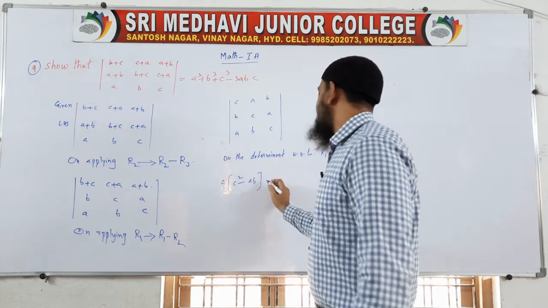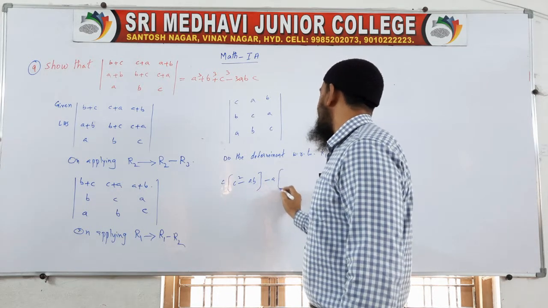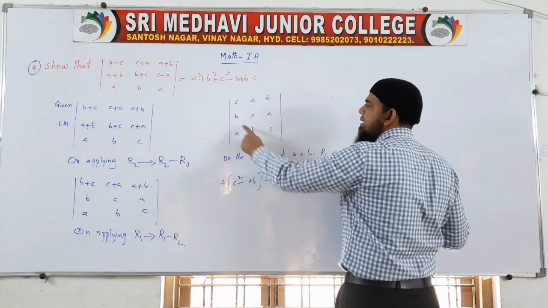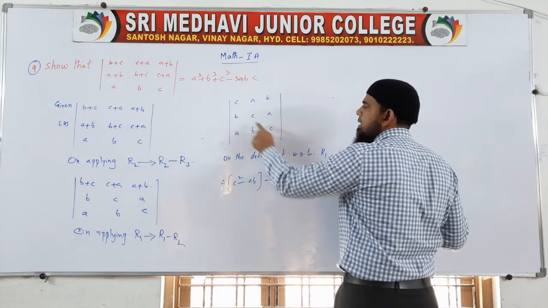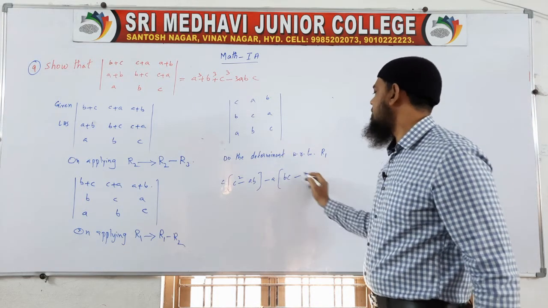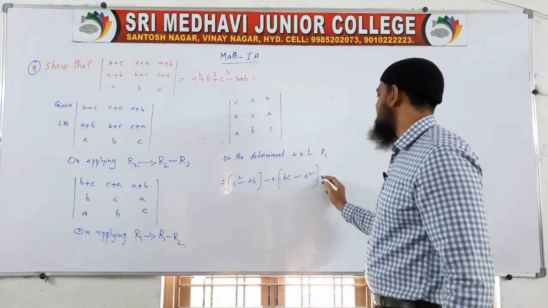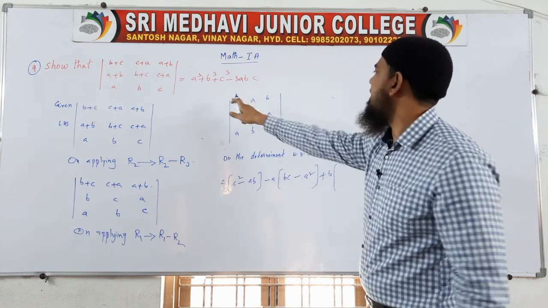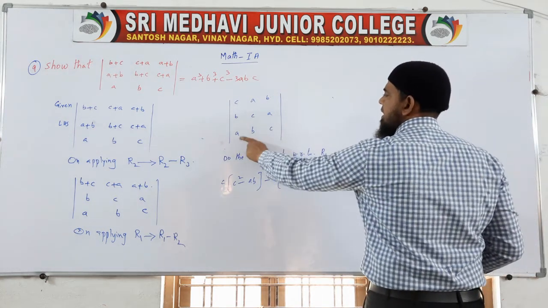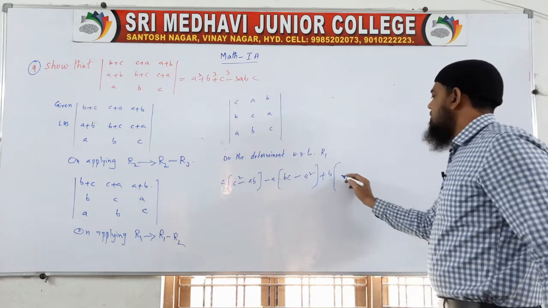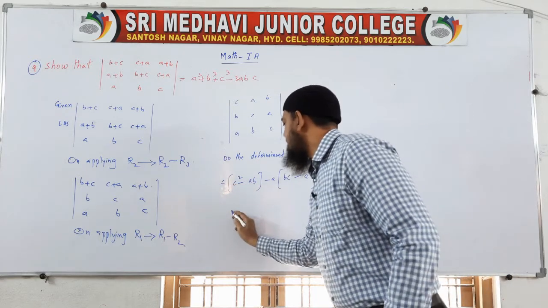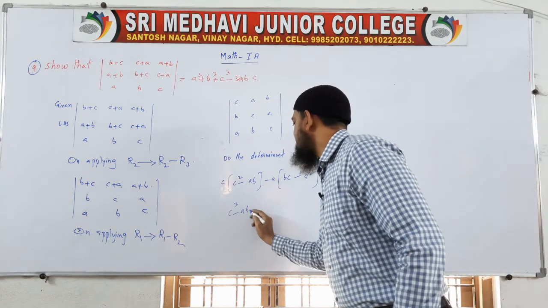For the middle number always we are taking opposite sign. So I am taking minus a. Eliminate the row and column. Row, column eliminated. b, a, c. b into c, bc. Minus a into a square. The last letter is b. Eliminate the row and column. The remaining are b, c, a, b. Do AD minus BC. So that is nothing but b square minus ac. Multiply with c here. That is c cube minus abc.